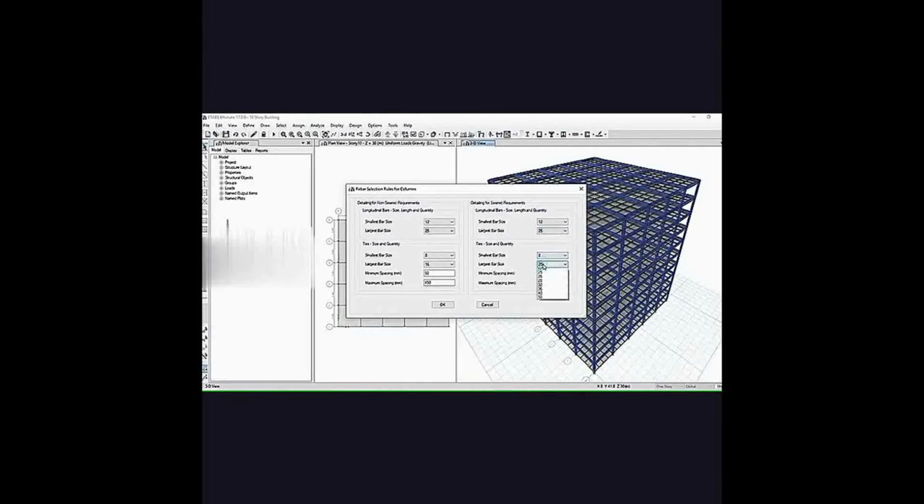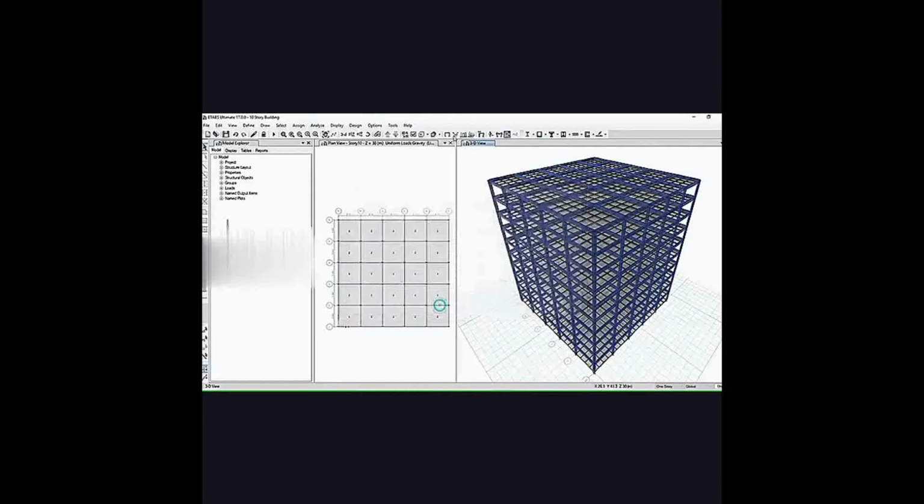This ETAP software is basically used for designing and detailing of the building structures.